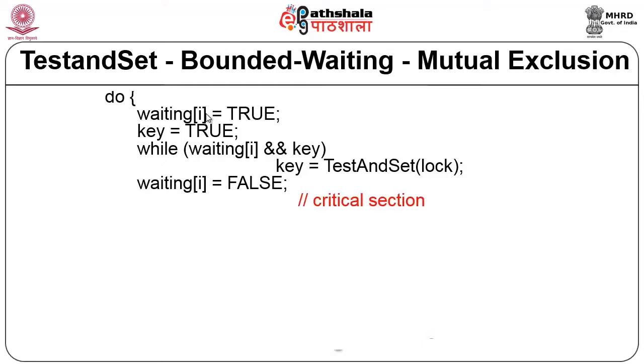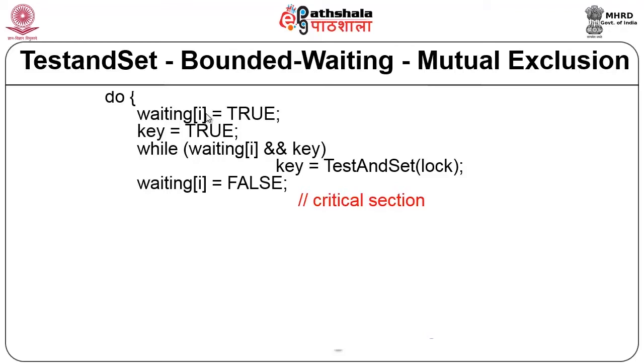And then you have this key variable. The key variable is again specific for each and every process. Each process has a local key variable, and that local key variable is also changed to true. And then the process checks if waiting[i] and key are true. Now, initially it has changed the value of waiting[i] to true, and it has set the value of key to true. So, both waiting[i] and key will be true,